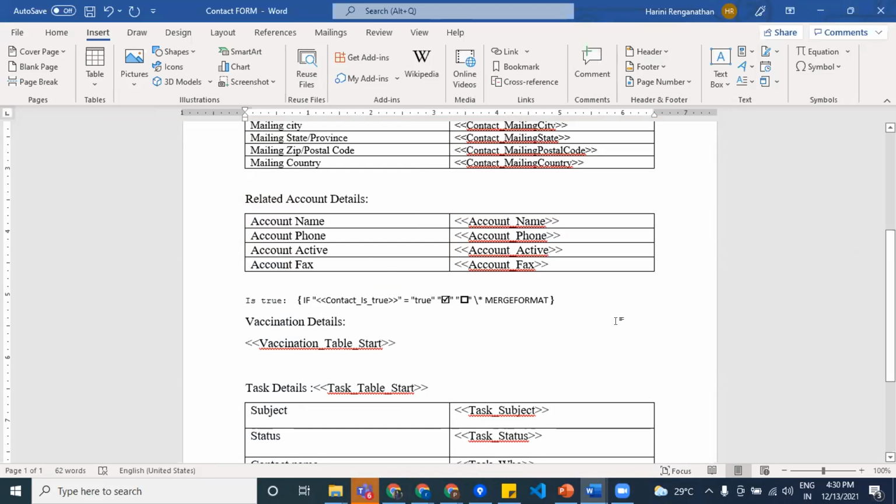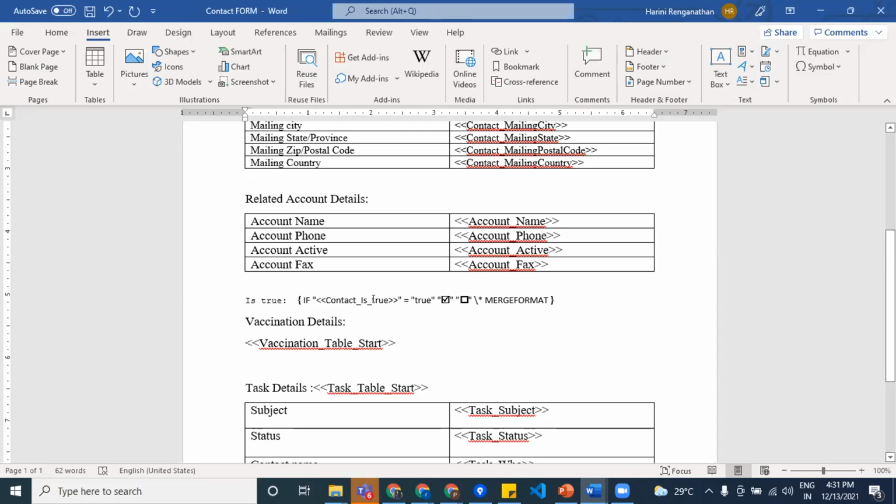Again, one common mistake here. Generally, we try something and see if that merge format worked or not, and it didn't work. Again, we give a new merge format and check. The common mistake which we make is that we change the format here, or we change the mistake here.